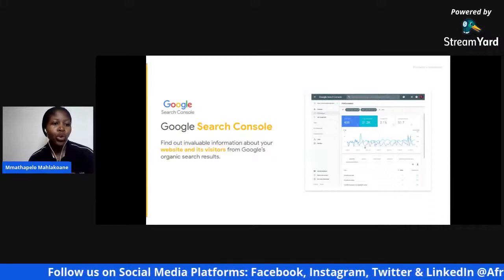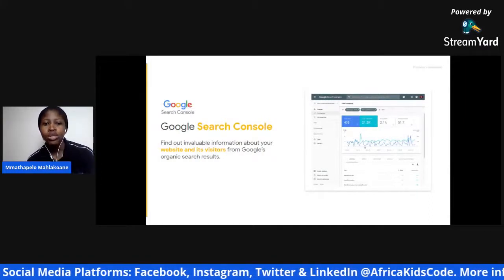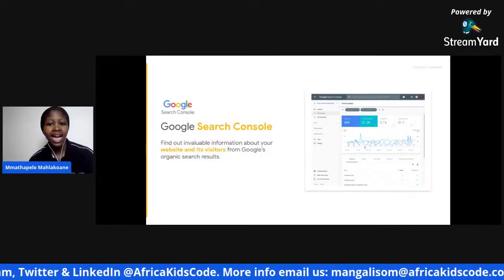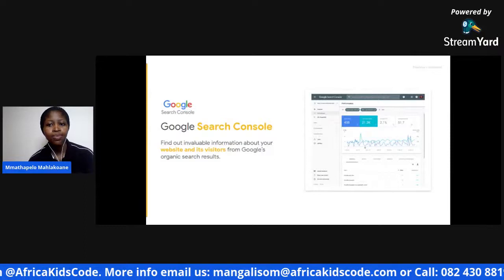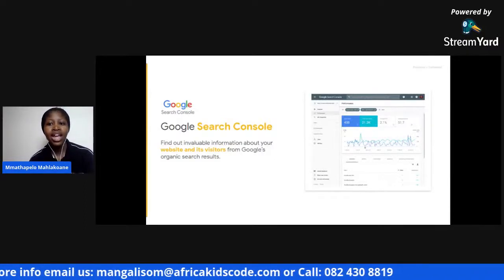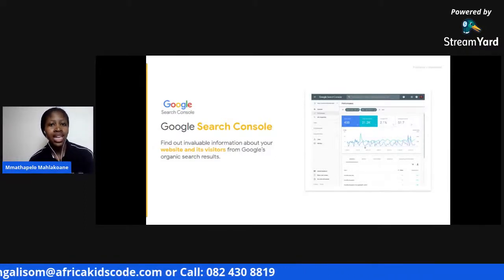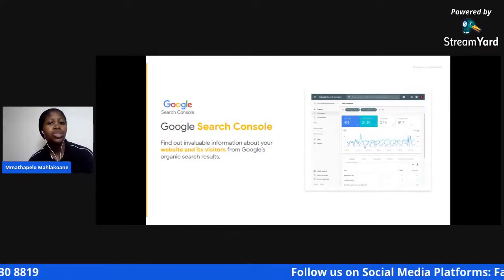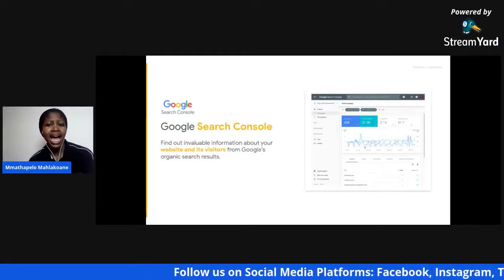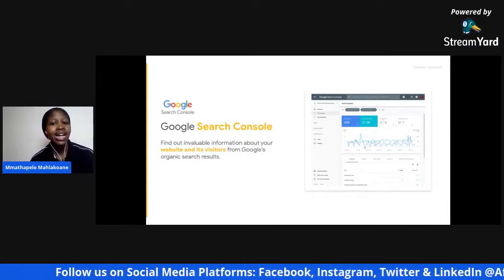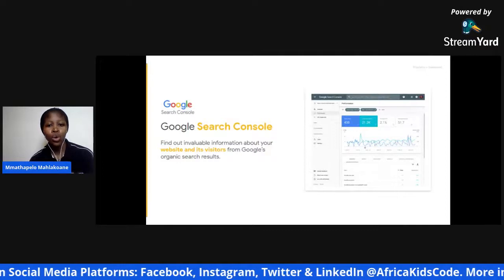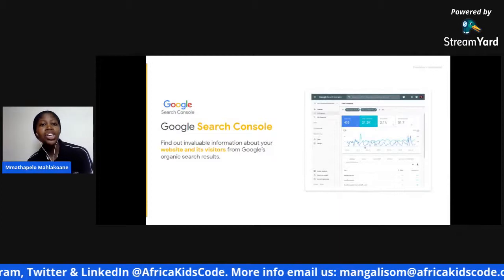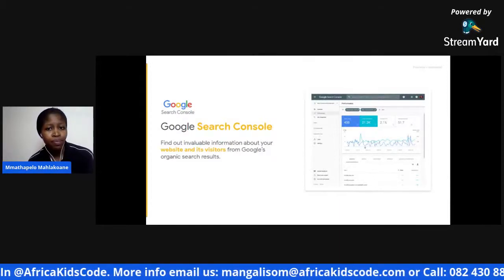And then we've got Google Search Console. Search Console's tools and reports help you to measure your site's search traffic and performance. It fixes issues and makes your site perform well in Google search results. You can see which queries bring users to your site, and analyze your site's impressions, clicks, and position on Google search. You can submit sitemaps and individual URLs for crawling.